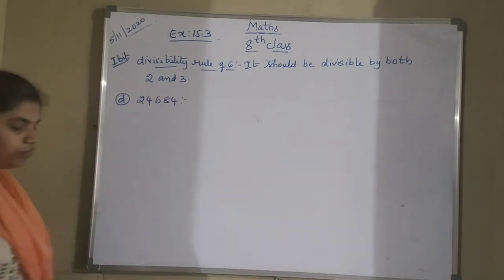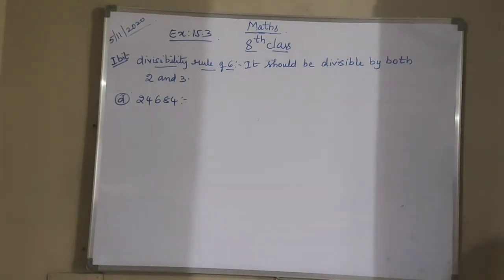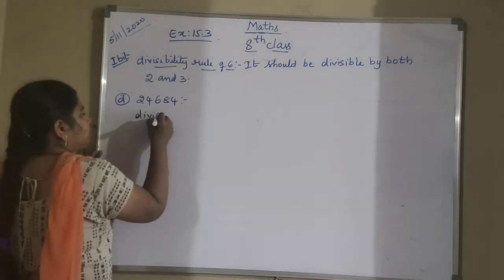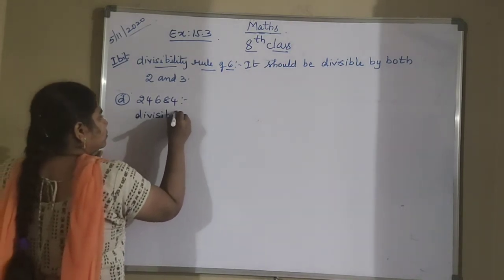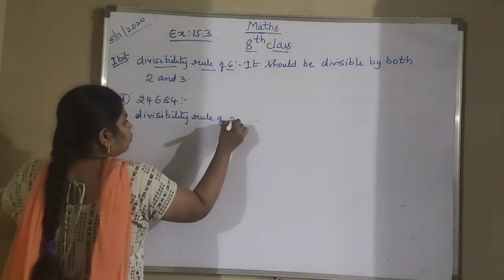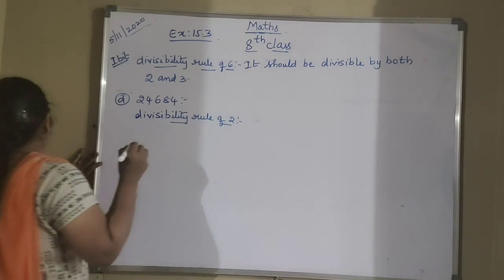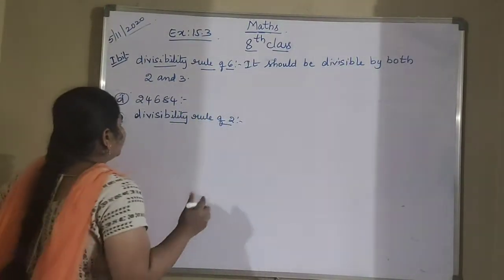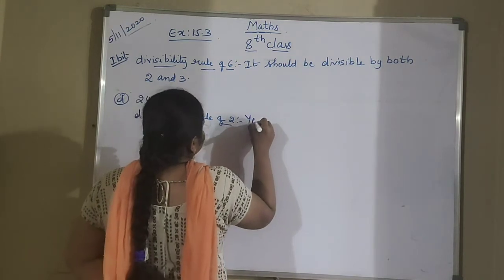So we have to check for 2, 3 and 6. So first the rule of 2. What is the last digit here? 4. 4 is an even number, so it will be divisible by 2. So yes,